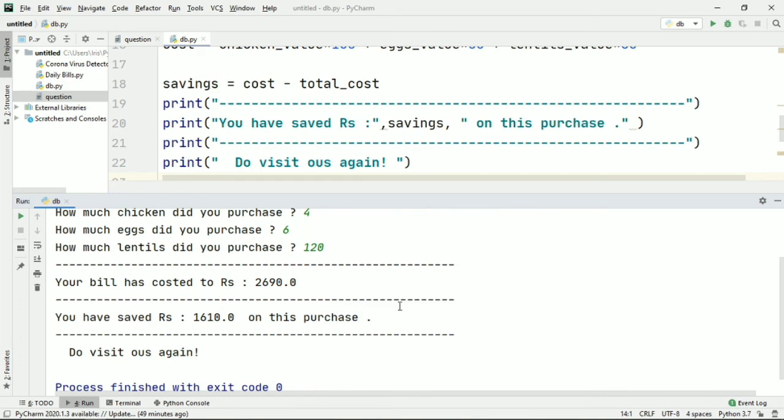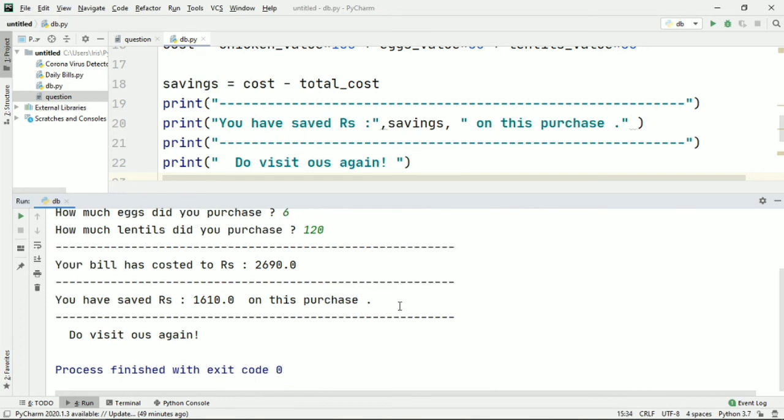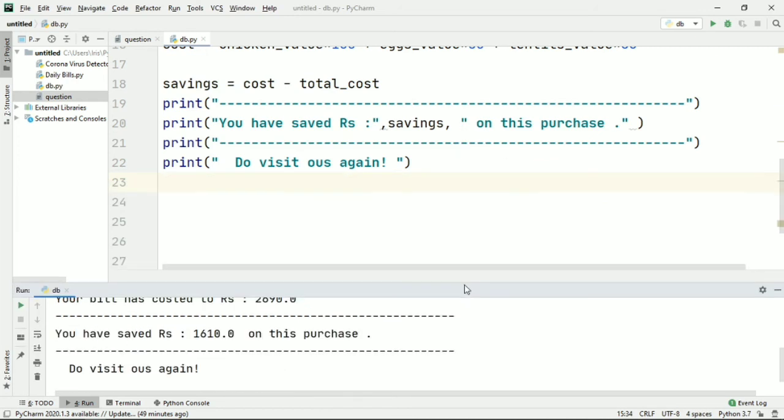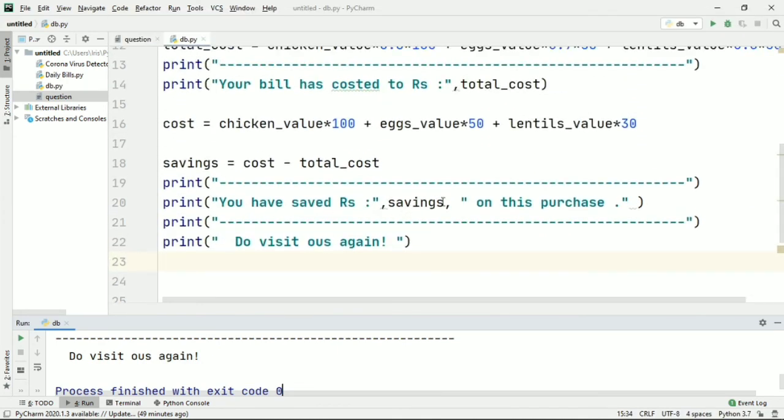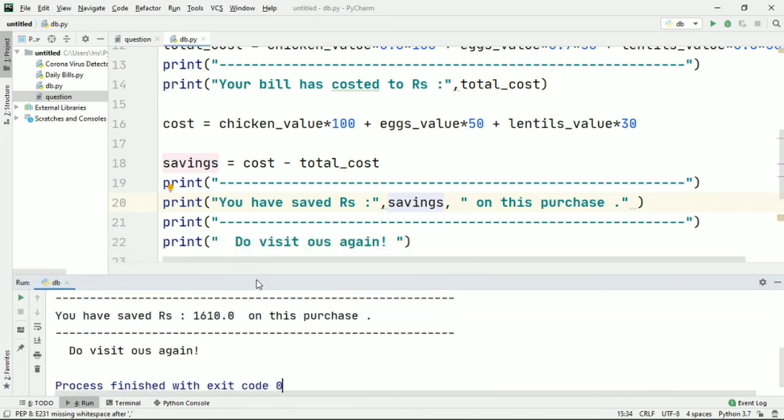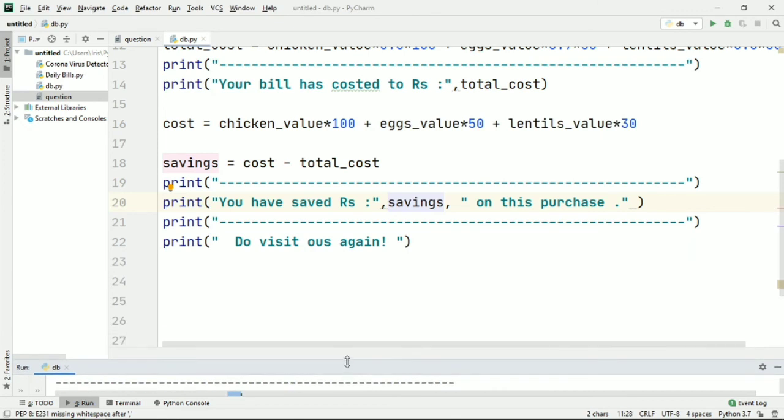And I have another tip for you. In case the value of savings in this program has come out perfect, with no decimal values, that's fine. But sometimes it comes to 1.684, and just a big number remains, which does not look good for the customer. So next time if you come across that problem, you just need to use the basic function round and a number.